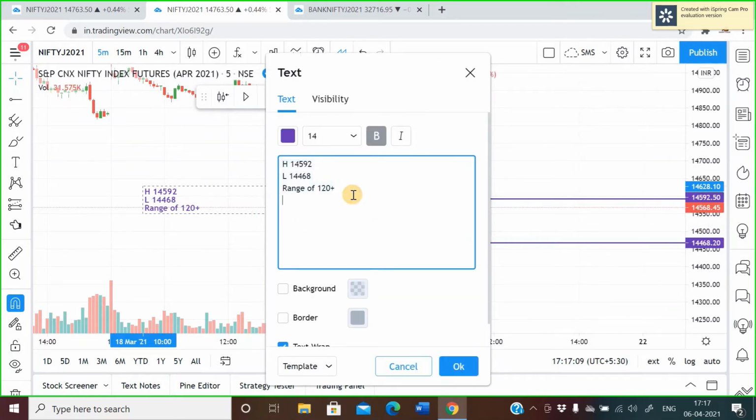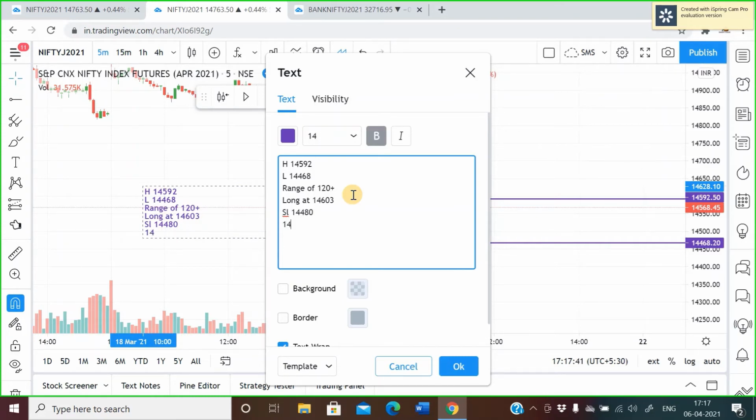I'm going long on this trade, long at 14,603, and my risk-reward is very clear. Stop loss is 120 points down, so roughly 14,480 is my stop loss, and my target is again about 120 points above 14,603, which is